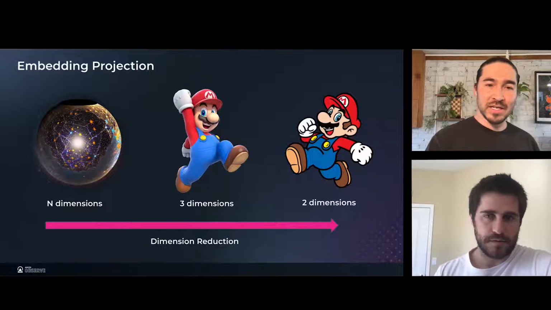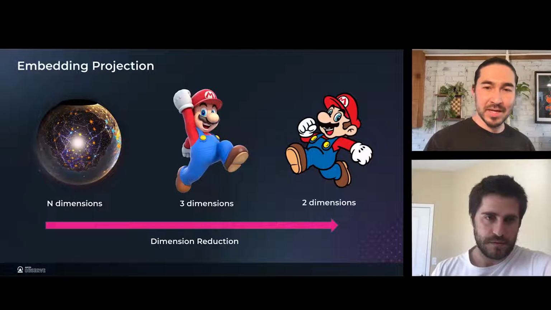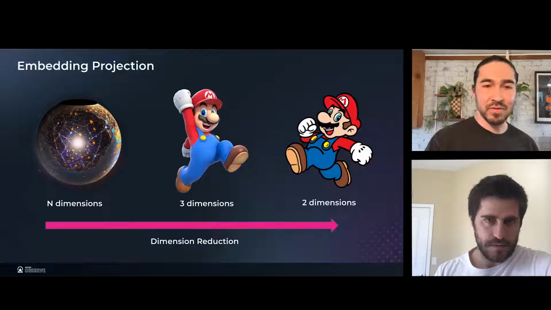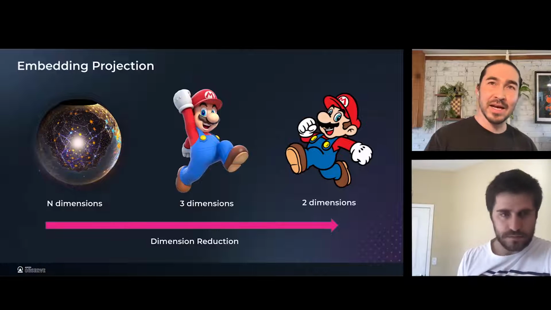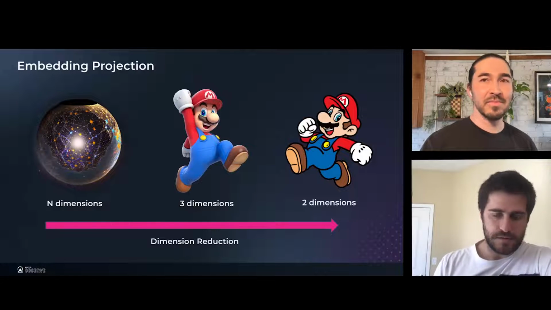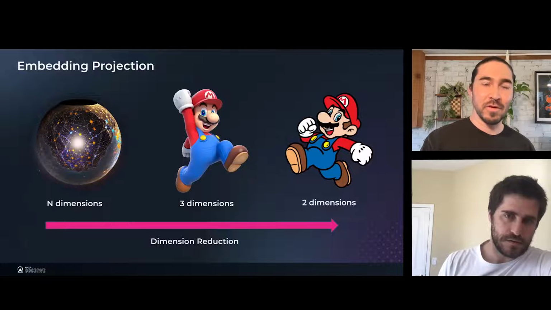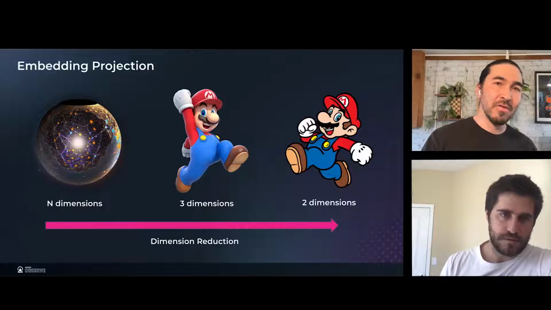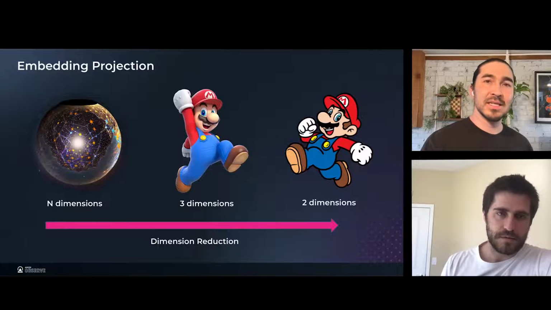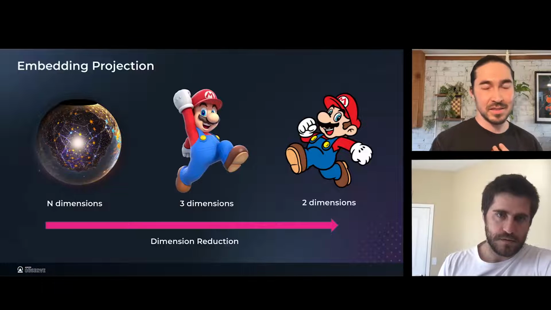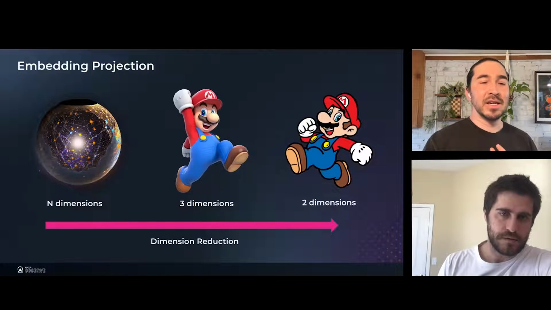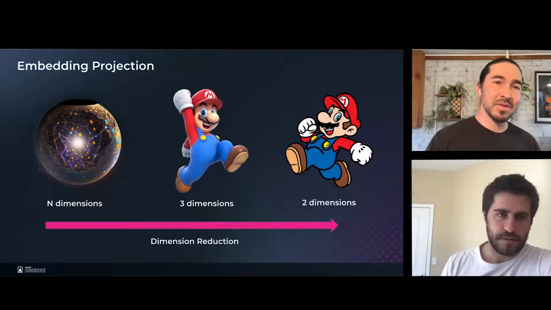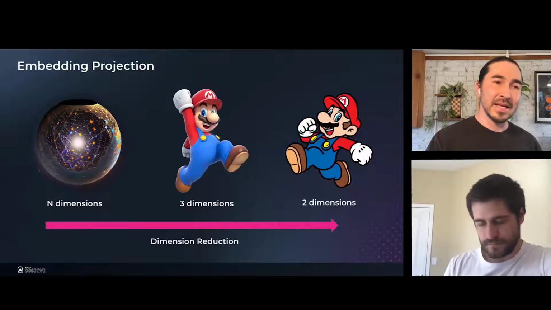While this might work for Nintendo, it doesn't actually work for our embeddings. The reason being is that we actually lost some information when we projected from 3D Mario into 2D Mario. What's not so obvious, maybe, is that the backside of Mario is lost. And so while this might work for Nintendo, this doesn't actually work for machine learning models. So when you are going from a higher dimensional space to something that's easily understandable for humans such as ourselves in 3D and 2D, we need a specific algorithm that's able to preserve the semantic meaning that is in the